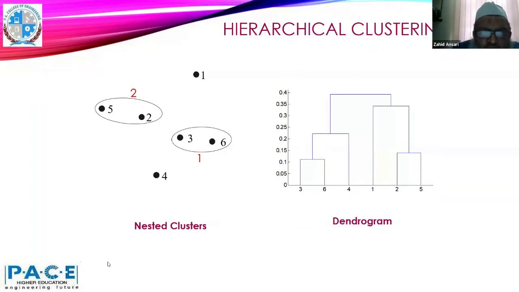So the two left over points are this 1 and 4, right? Or even we can merge 2 and 1. If you want to merge 1 and 2, then we need to see the distance between 1 and 5. If we want to merge this cluster 1 and 4, then we need to see the farthest distance, that is 0.4 and 0.6.